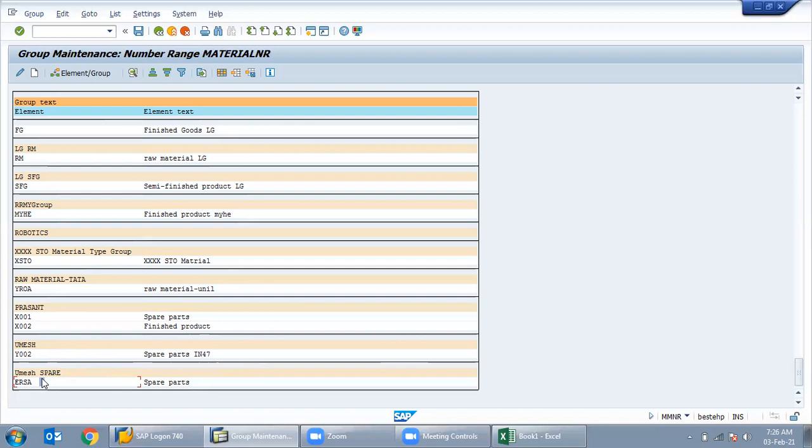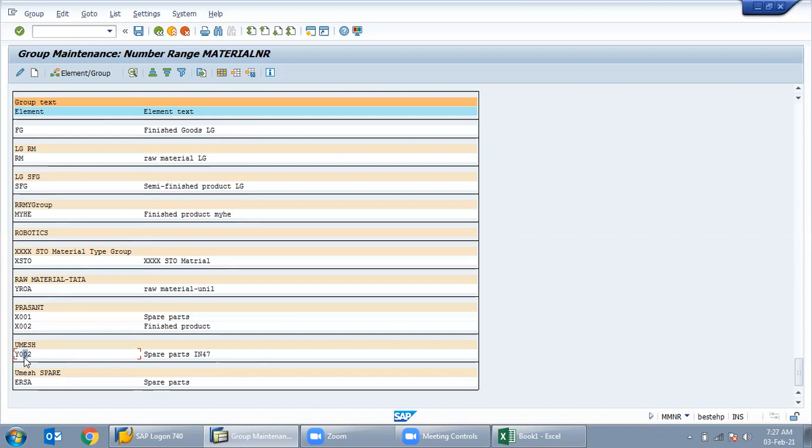Here you do not create. Yes, that was not created. That is a standard. I just showed you how to assign. Whenever you require, you create the material type. Yesterday I showed you how to create a material type. Yeah, that is clear. I was just asking. Yes, so before creating that, we can create the number range and then assign it to the group, yes, material group. And what was the work after that?